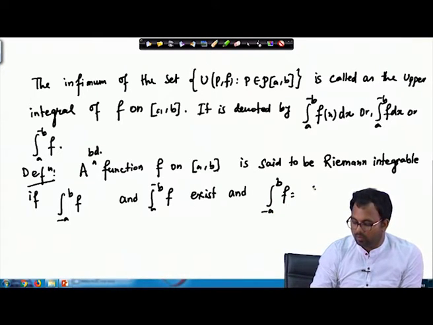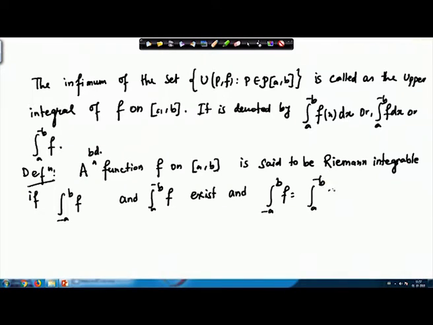So, the lower integral and the upper integral have to be equal. Then such functions are called Riemann integrable functions, and the common value